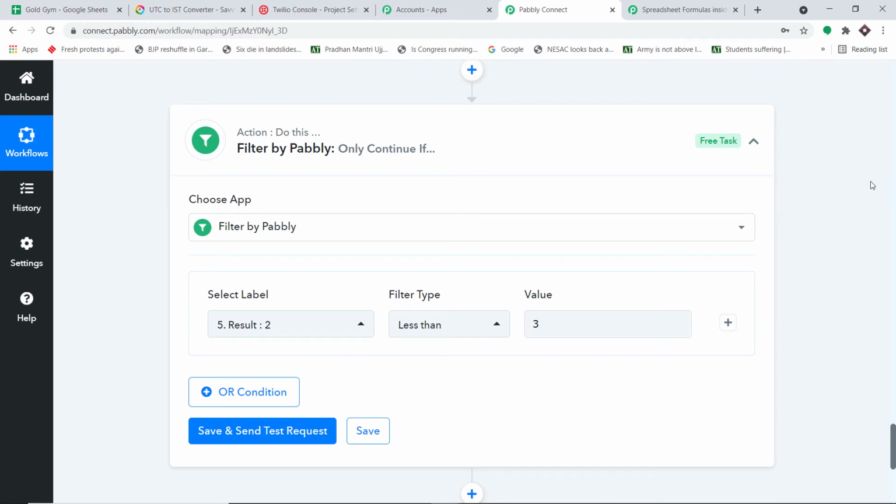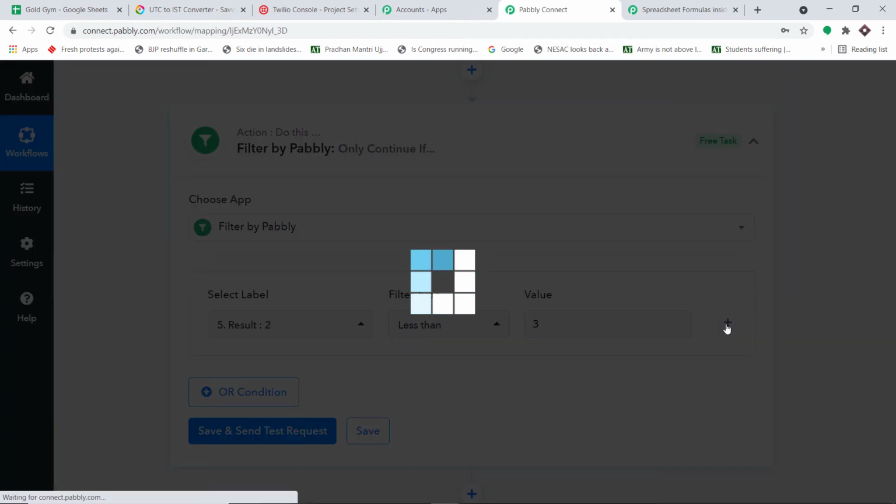That's pretty much obvious. Now there is one more condition we actually have to add. If the expiry date gets over, the SMS should not be sent, because that would be totally pointless, because obviously the guy is not interested in getting back to our gym. So once the expiry date is over, the SMS should not be sent. So I'm going to introduce one more condition.